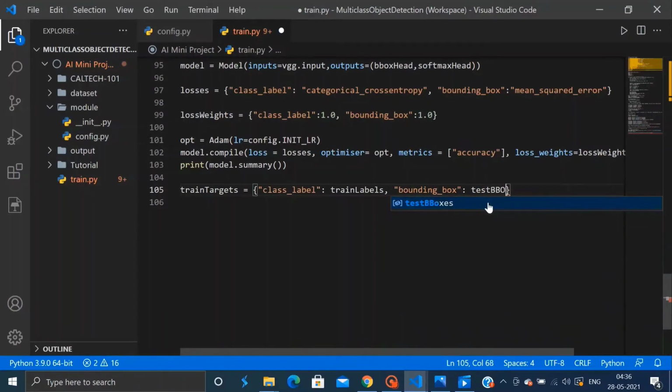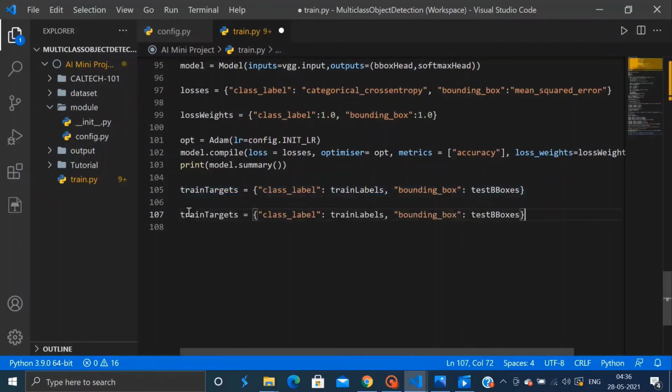So the train labels will be for class label predictions and train B boxes for our target or truth bounding boxes. Then our second dictionary will be for our target testing output. So instead of train, it will be test. This should be train.